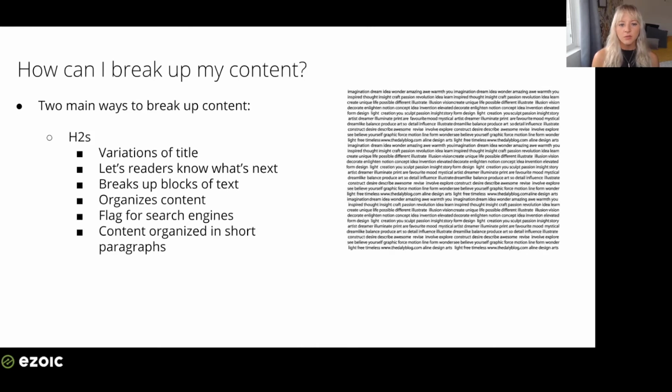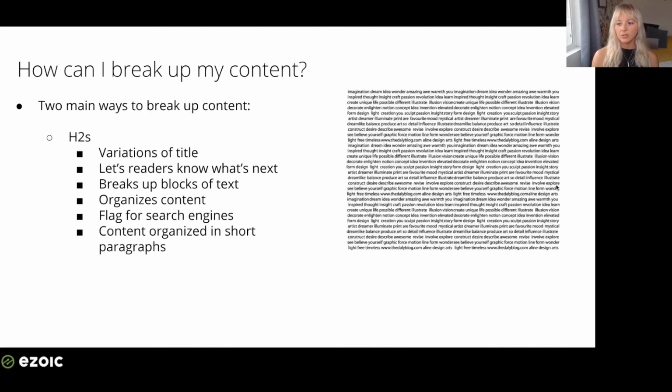So then there's also H3s, H4s, and H5s, which people use. They are far less important for SEO and getting those rich snippets, but they can help break up content if you think it provides a better user experience. But overall, it's usually just best to stick to H2s, as these will help you in Google. And if you're using a bunch of subheaders, H3s, H4s, and H5s, underneath one of your H2s to split up your content, it may be best to just write another article on that specific content so that you can get really detailed on it.